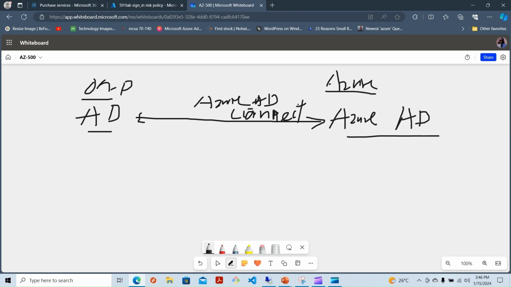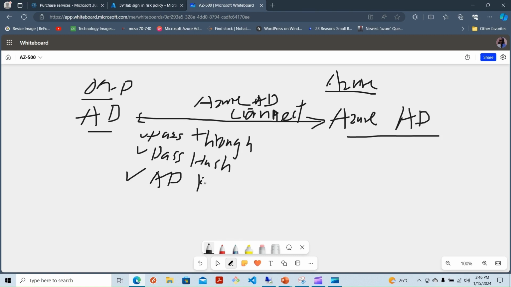There are modalities of connecting these two ADs. One, you can choose to go with pass-through authentication. Two, you can choose password hash synchronization. Three, you can choose Active Directory Federation Services, ADFS. I'm going to dwell mostly on the first two, pass-through authentication and password hash